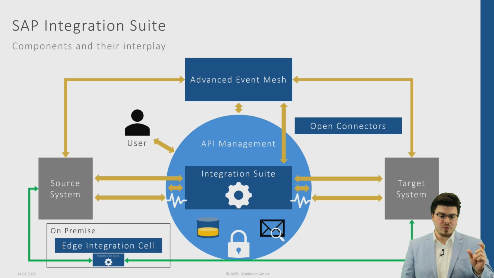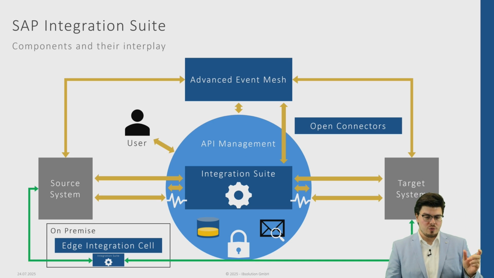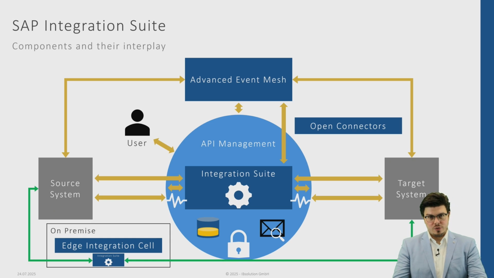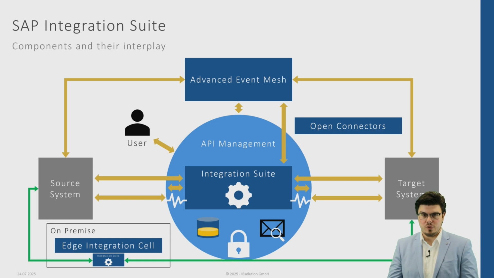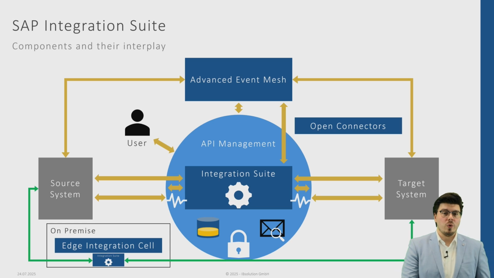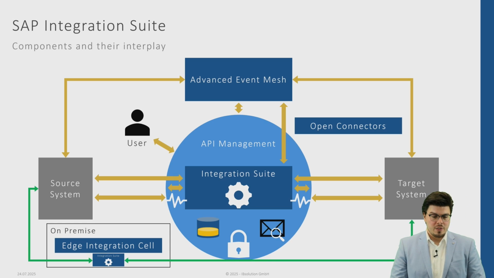So that's why you have those different connections with the arrows in between, because of course you can use the Integration Suite standalone, you don't have to use API management for it. The same goes for API management as well, or you use both in combination. So that's why you have those many connections, in order to show you that you have those different options available. Now, Open Connectors is there to provide you additional